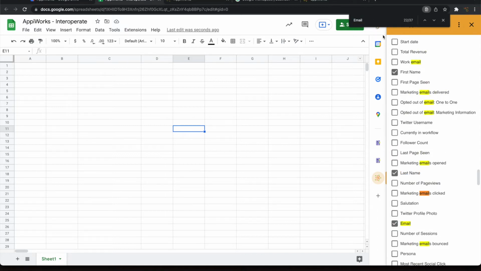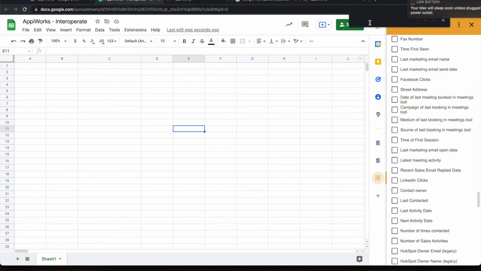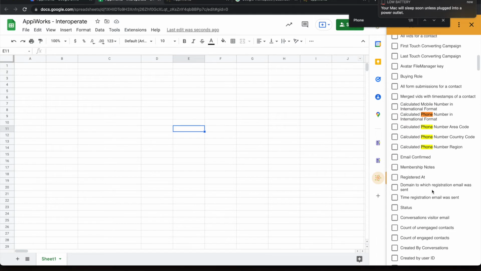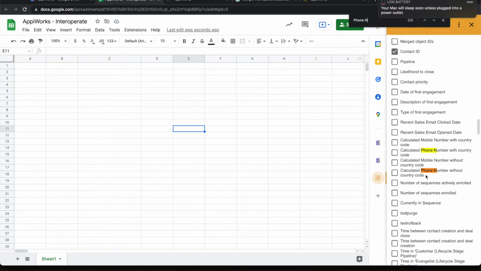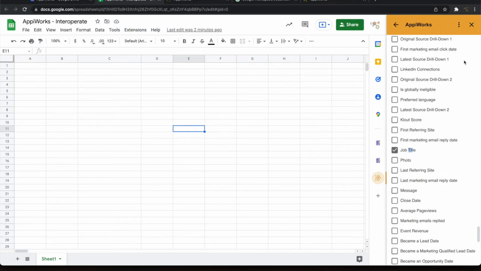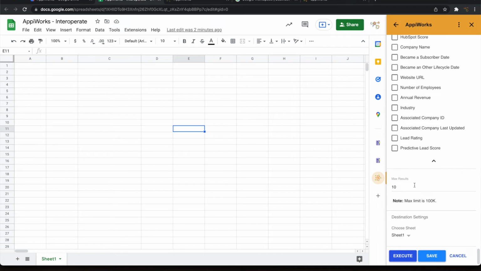The email and the phone number, and probably job title. So I have now selected the attributes that I wanted in the result. So let me say I want 15 records as the max, and I'm choosing the destination sheet as Sheet1 here. So let me go ahead and execute this.